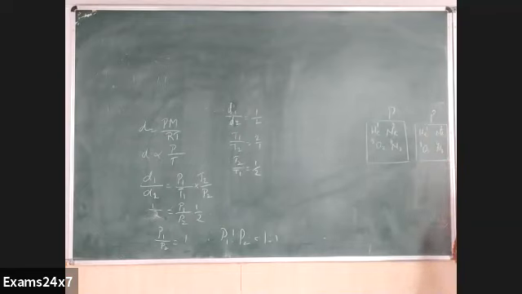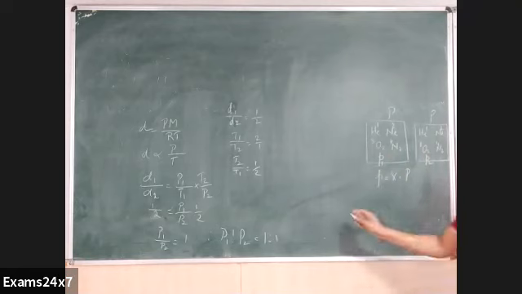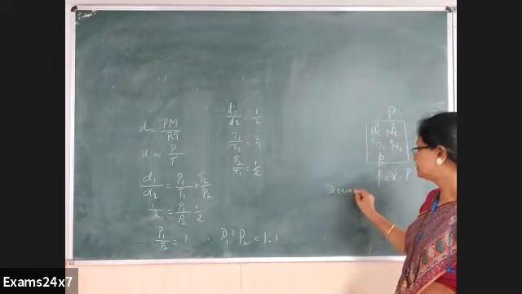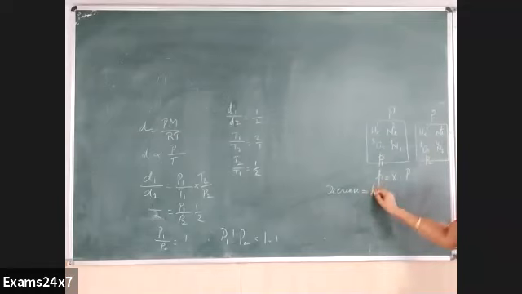Now the partial pressure of oxygen will be decreased by how much? What is the formula for partial pressure? Mole fraction into total pressure. Correct? The partial pressure of oxygen is decreased by how much, and its percentage is to be taken. Initially the partial pressure of oxygen, if I take it as P1, and now it is P2. Then the decrease in partial pressure will be given by what? The decrease will be P1 minus P2, no?